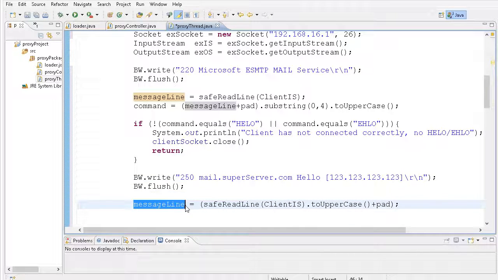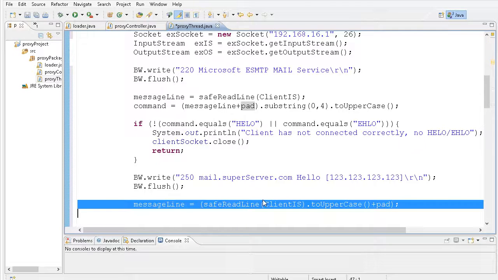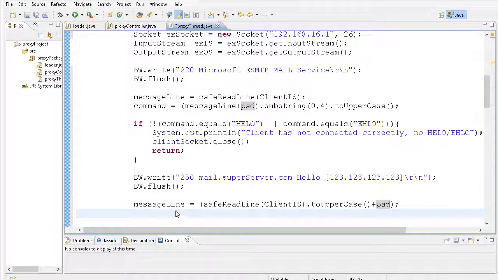I'm going to pull another string, and I'm going to take it to uppercase and pad it. So I'm going to be looking for what's the next thing that the client is going to ask for. And he's going to ask me to create a new piece of email on my system that matches the one on his system